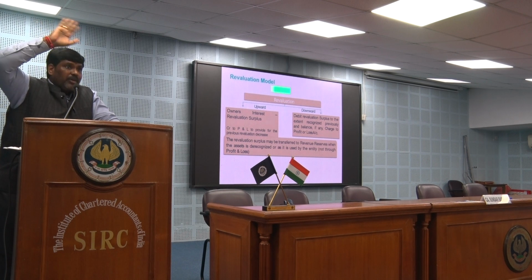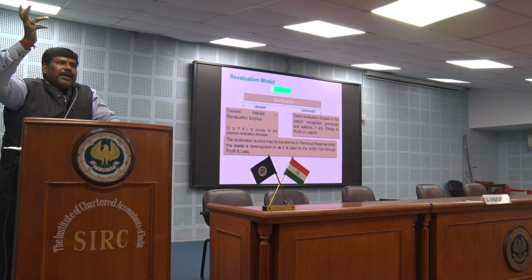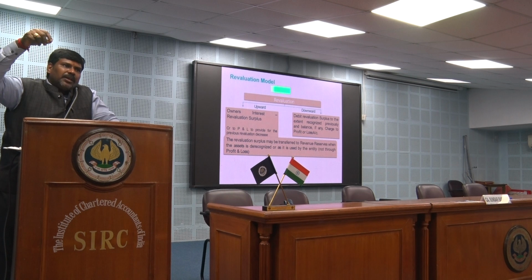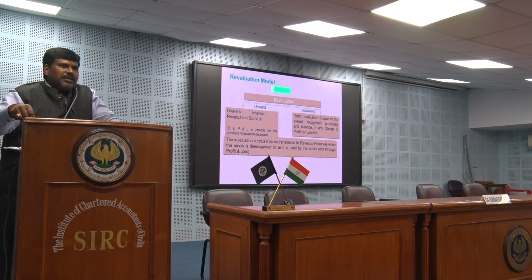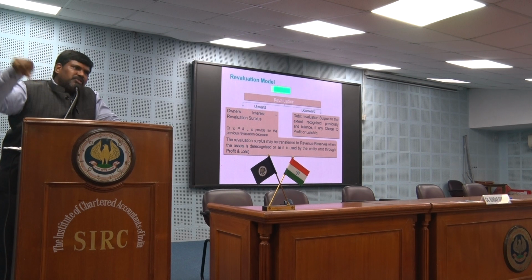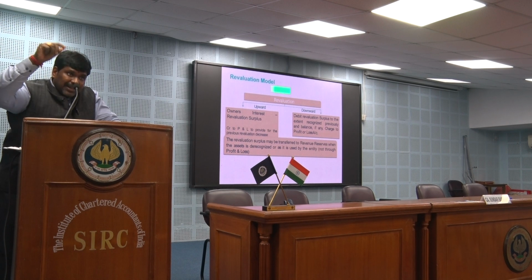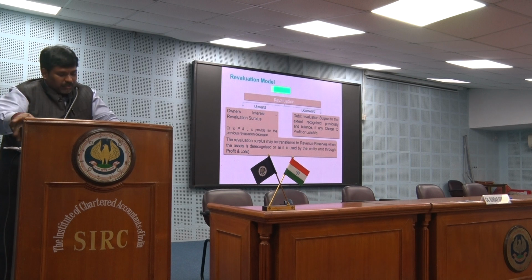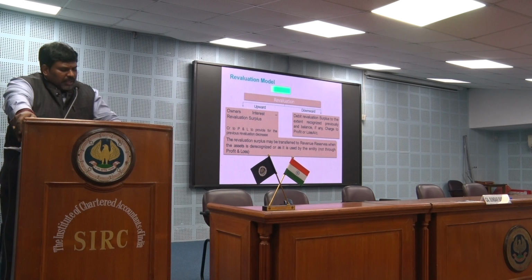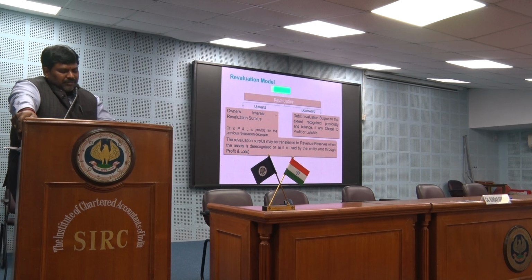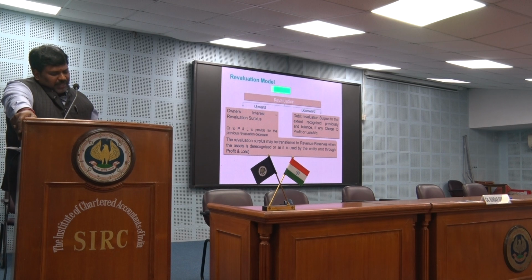Previously you have done the upward valuation and there is a credit balance in the revaluation surplus. Now you are doing the downward valuation. The downward decrease should first go against your balance in the revaluation surplus, and the balance, if any, should be debited to the profit and loss account. The revaluation surplus may be transferred to the revenue reserves when the asset is de-recognized or is used by the entity, not through the profit and loss